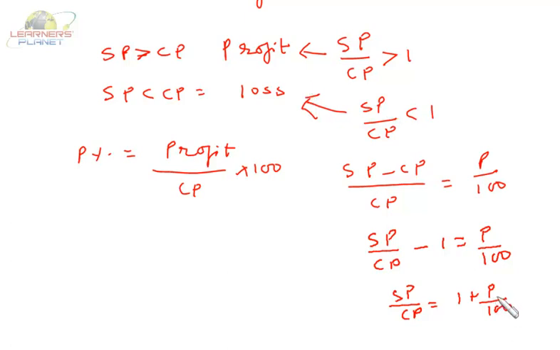And what is the profit? It is P by 100. And if it is less than 1, there will be a loss. So in that case, the ratio will be reversed. Loss percentage will be